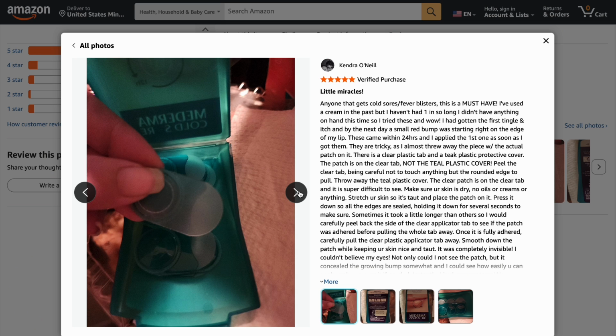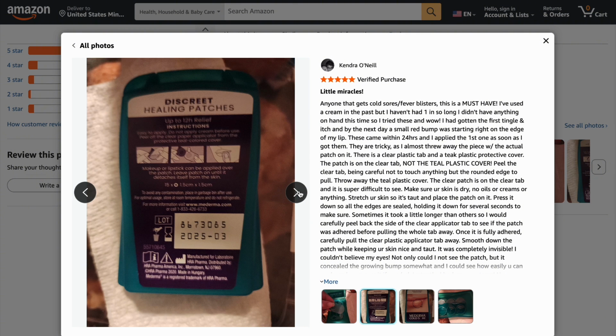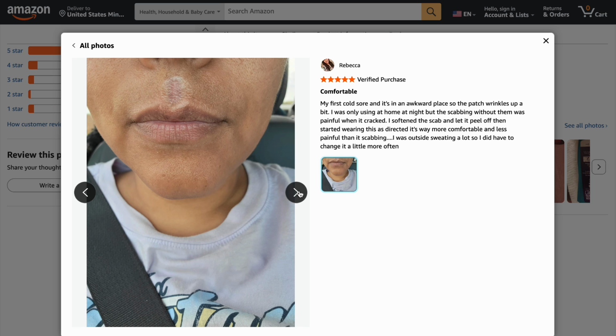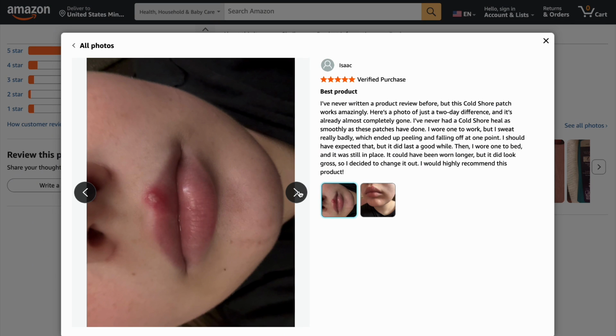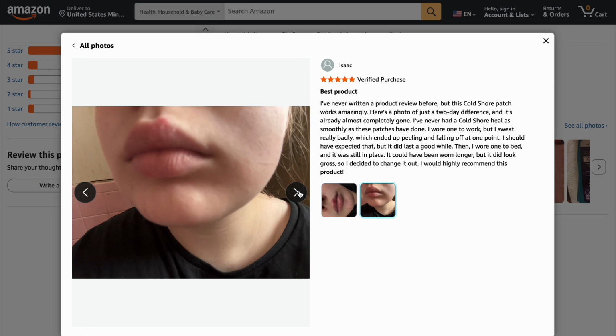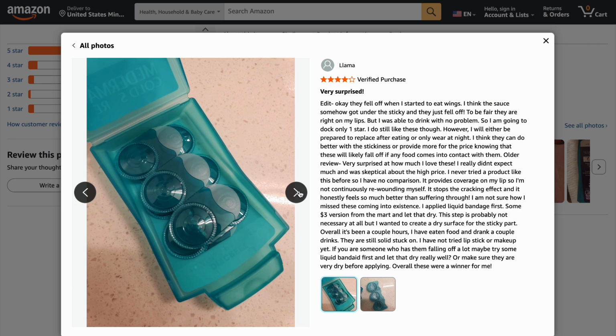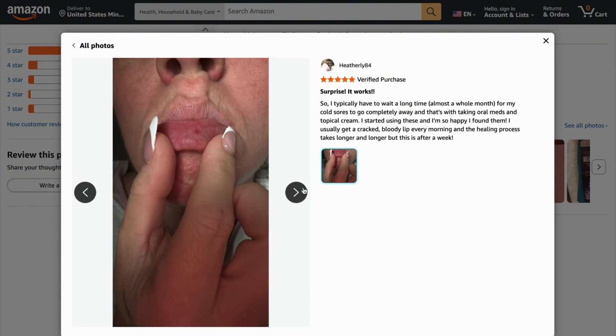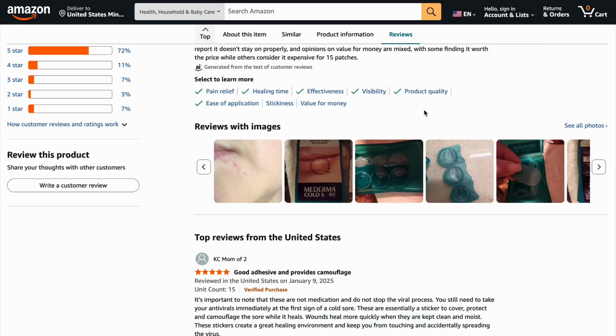Another plus is that you can apply makeup over it, which makes it practical for social or work situations. On the downside, some users mention that the patches can peel off too easily if you eat or drink, and others felt the size wasn't large enough to cover bigger cold sores. A few also said it worked better in early stages, but didn't make much difference once the blister had fully